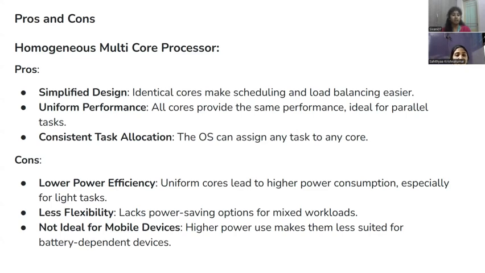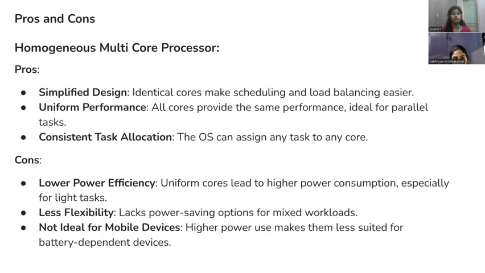All cores provide the same performance, ideal for parallel tasks. This uniformity ensures that tasks are executed consistently across the cores. Then we have consistent task allocation. The OS can assign any task to any core. This flexibility simplifies task management and scheduling, as the OS can distribute workloads evenly without